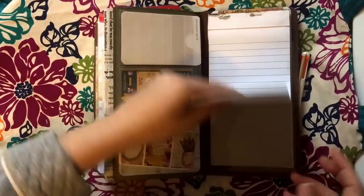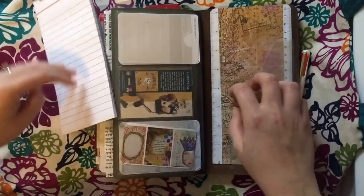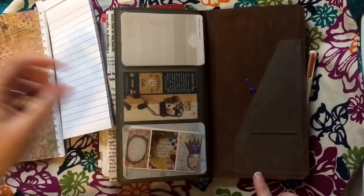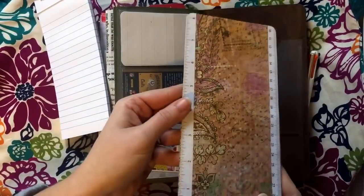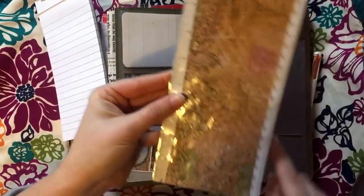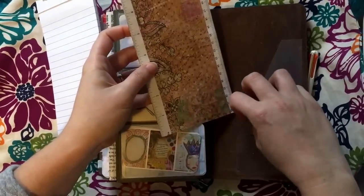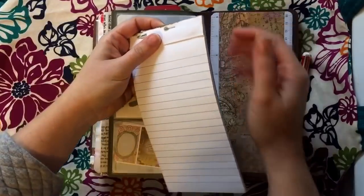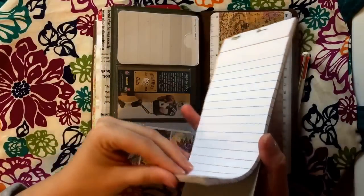So I do have this on the back here. This is the Midori brand pocket. I made this little pencil board. It's just laminated. I put a little ruler on there. So I keep that back there. And this is just, I like having scratch paper that I can rip stuff out. This is just a super, super cheap